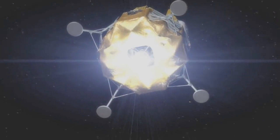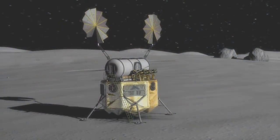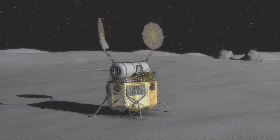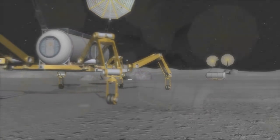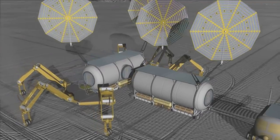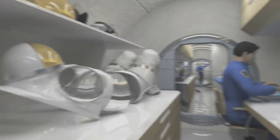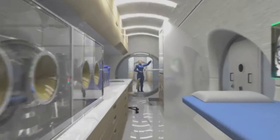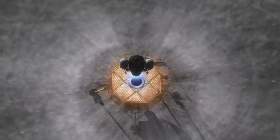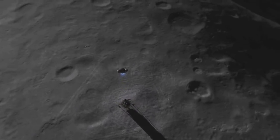And this Altair cargo version will enable us to deliver large pieces of a lunar outpost infrastructure, like a big habitat or several pressurized rovers or a large power generation capability. All the necessary building blocks of a lunar outpost, and this outpost will sustain a crew of 4 for missions up to 180 days. So the Altair lunar lander will be the mode by which we bring the crew back